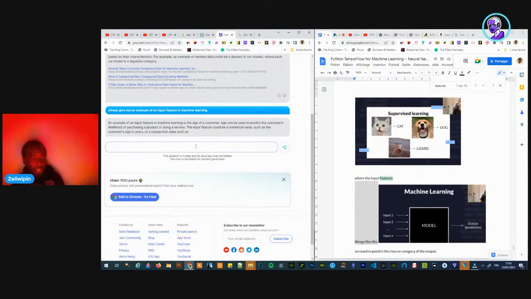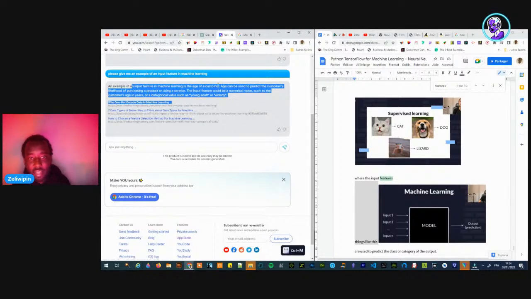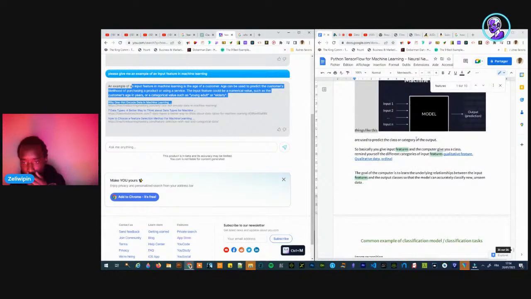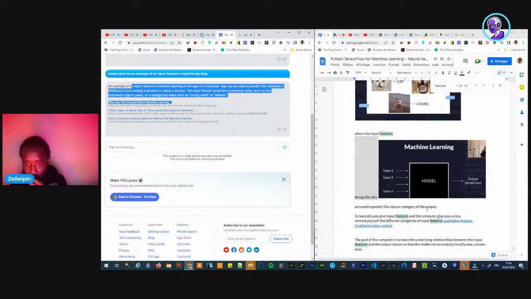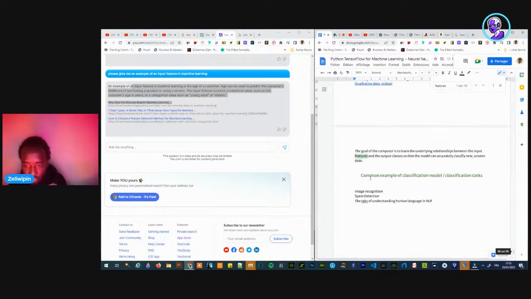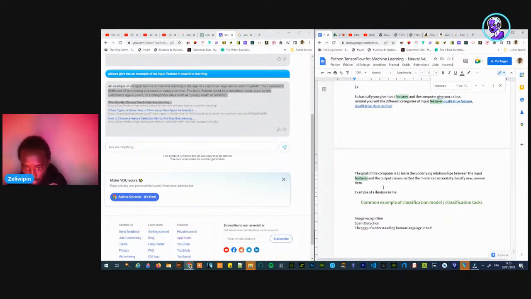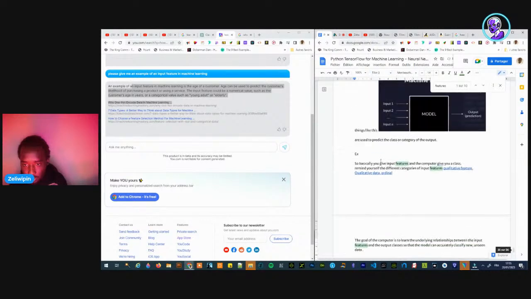An example of an input feature in machine learning is the age of a customer. Okay, it's perfect because I would put it there.